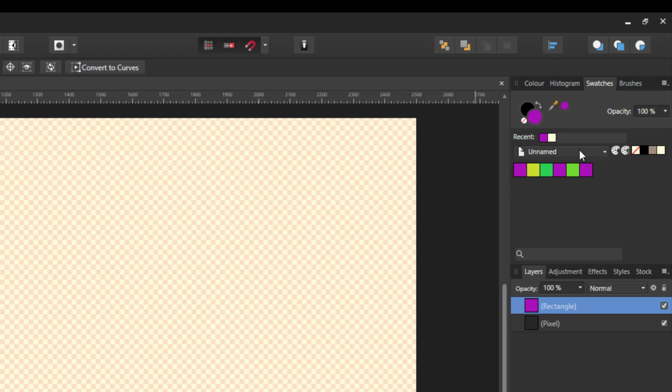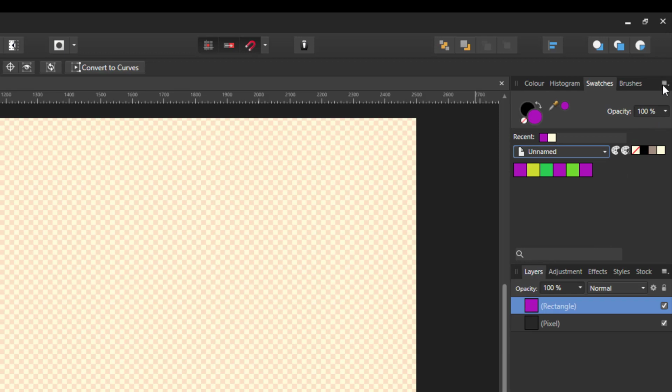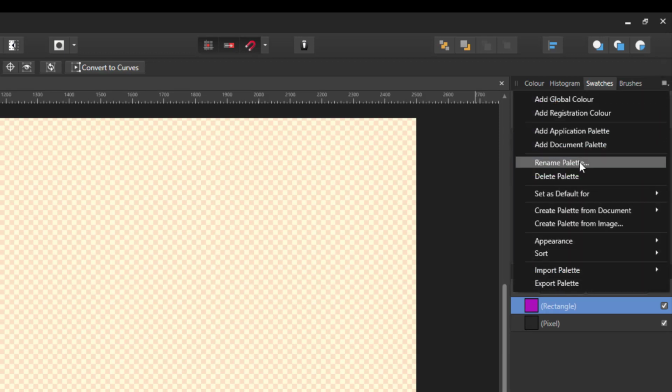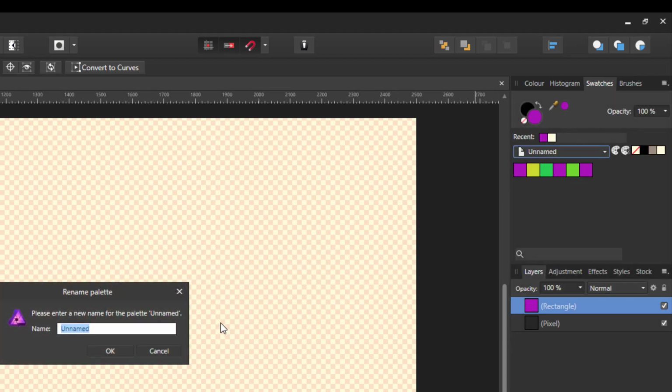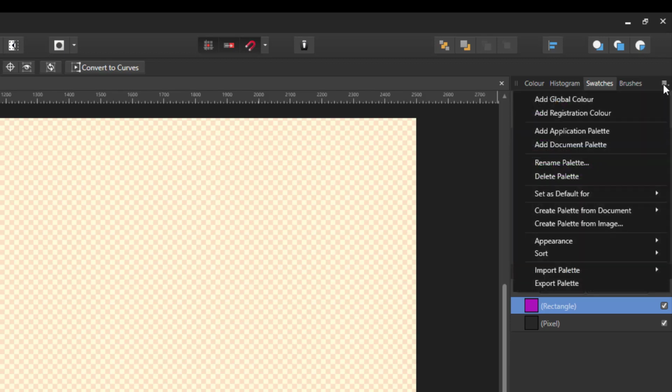So let me change the name of this, and rename category, should be here somewhere, rename palette, yeah, so I'm going to call that complementary. So I have my complementary palette for this document, so I'm going to make a new document palette,